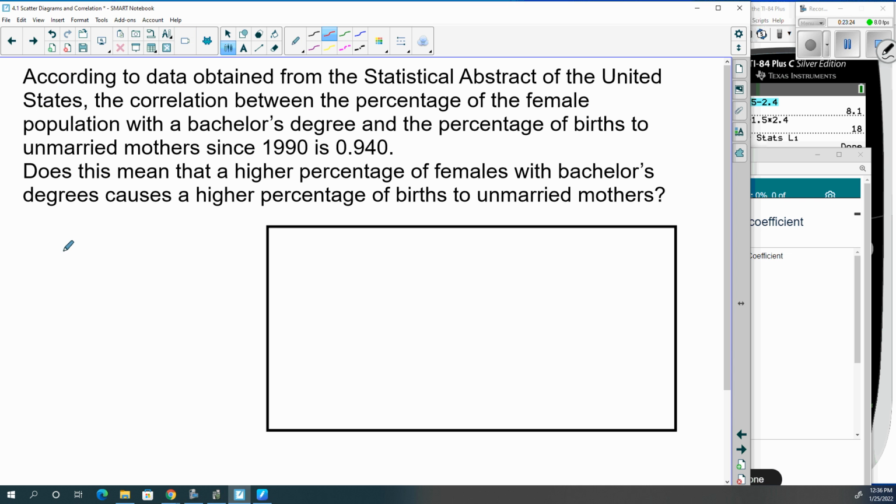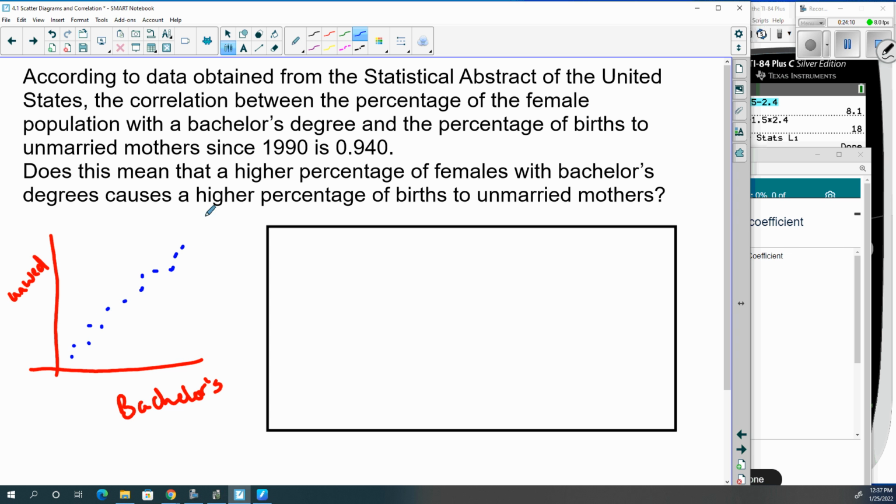Okay, so this one says, according to the data obtained from the Statistical Abstract of the United States, the correlation between the percentages of the female population with a bachelor's degree and the percentage of births to unmarried mothers since 1990 is 0.94. So what that means is, if you graphed women with a bachelor's degree and unwed mothers, they're saying that it had a 0.94 relationship. So that's pretty close to 1, which meant if you had the scatter plot,